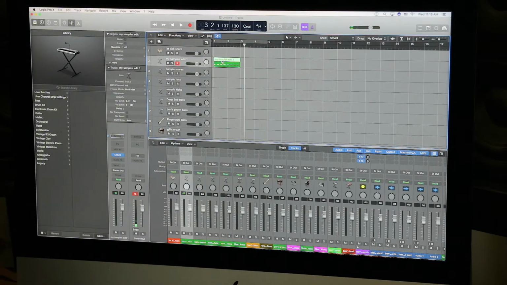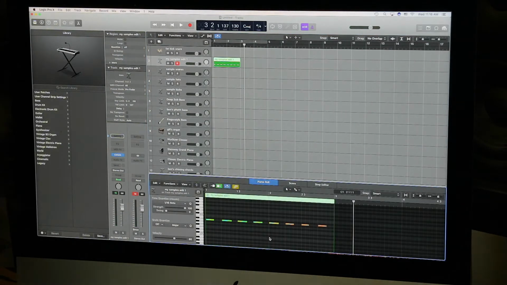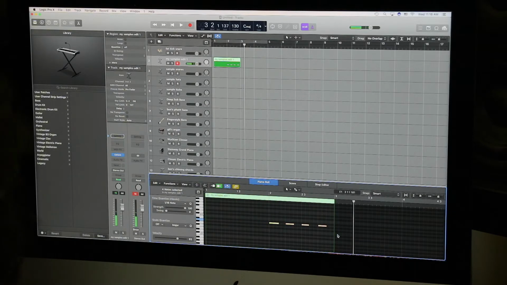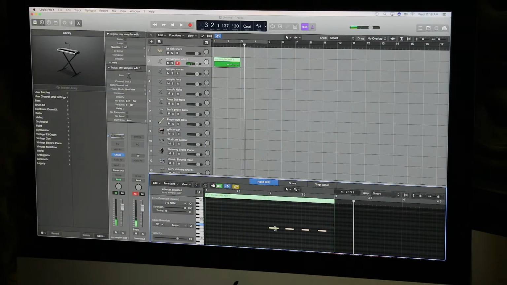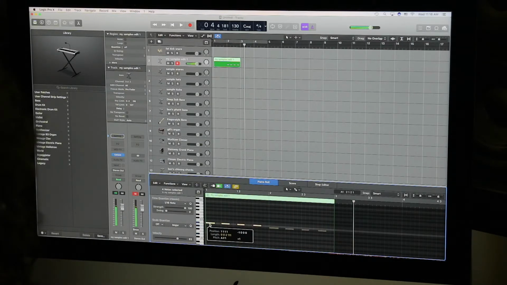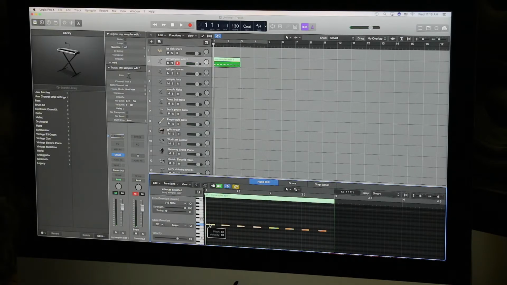What I do in Logic is I'll just record it to the click, and here it's not so consistent. I think I'll use the second one. Let's get rid of the first one here. I'm gonna quantize this bad boy so that they're 100% on the beat, and then I'm just gonna copy these over here. Now I have 2 bars of four on the floor. There you go. That's a nice sounding kick drum.